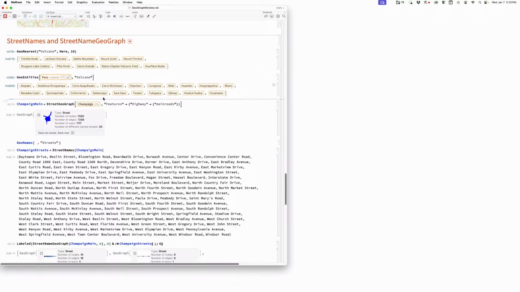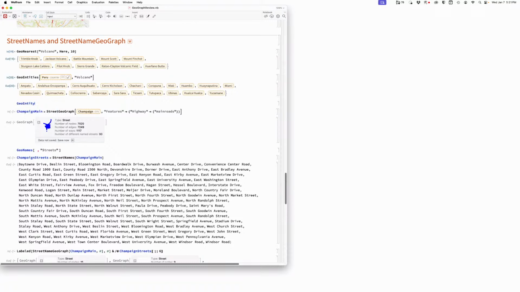Okay. But so the obvious thing to do here is to be able to say geoentities of GeoGraph of whatever. Now, I do want to say that one of the things we need to be talking about, so the next big project here, is constructible geo objects. What do you see what I mean by saying that? Well, I mean, I want to